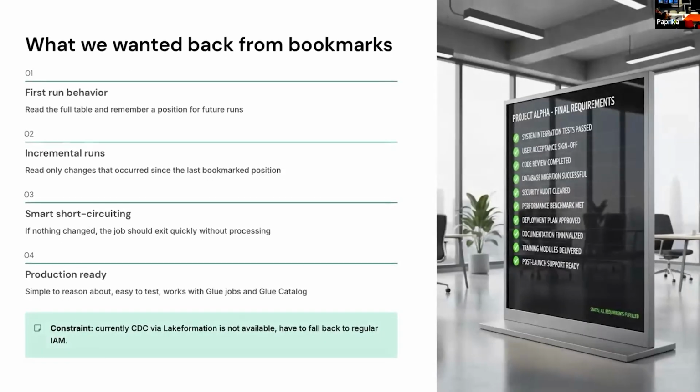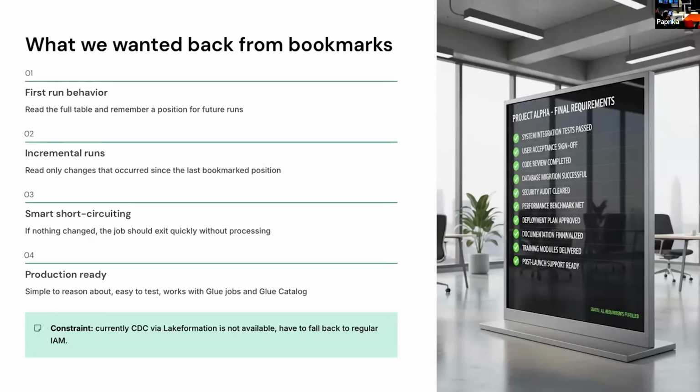So what can we do? What we wanted to achieve with our own bookmarks is the following behavior. On the first run, whenever an upstream table is being read for the first time, we want to do the full read and process everything.